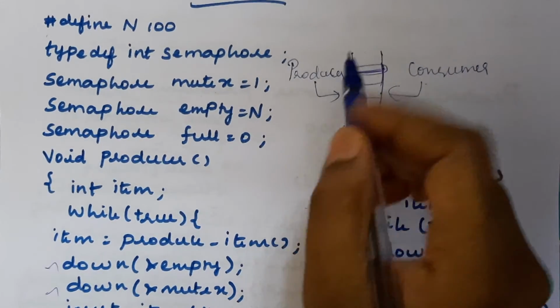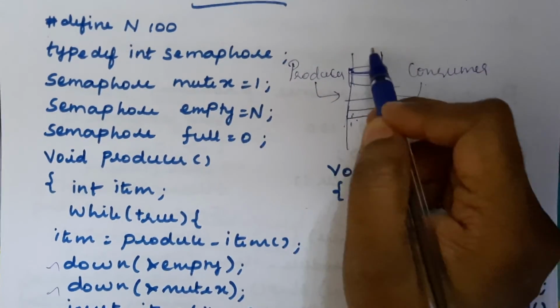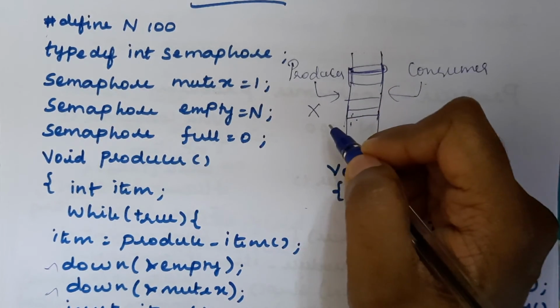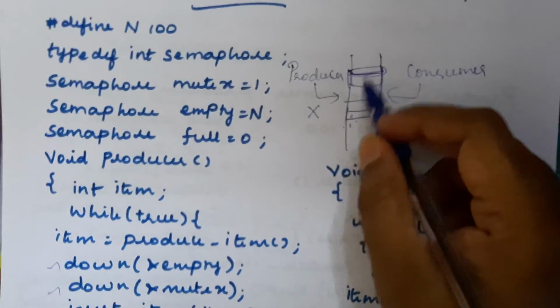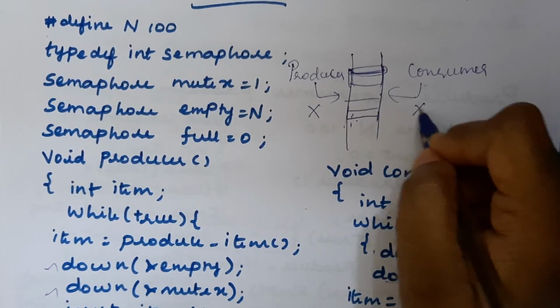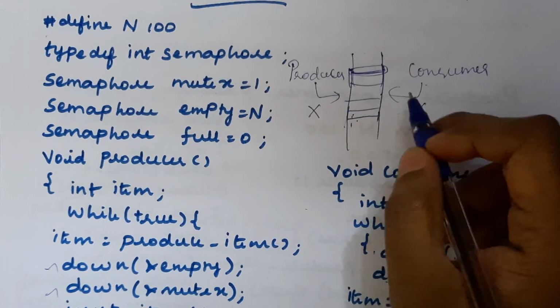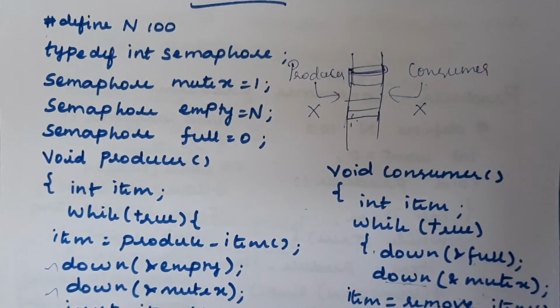Whereas synchronization means that if the buffer is full, the producer cannot perform its task, and in the same way, if the buffer is empty, the consumer cannot perform its task. This is process synchronization. So both are different, and for these two purposes we use the semaphore concept in this problem. All these problems are called process synchronization problems. Besides the producer-consumer problem, we have some more problems, which we will discuss later.